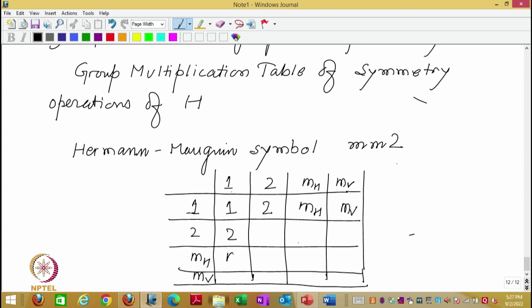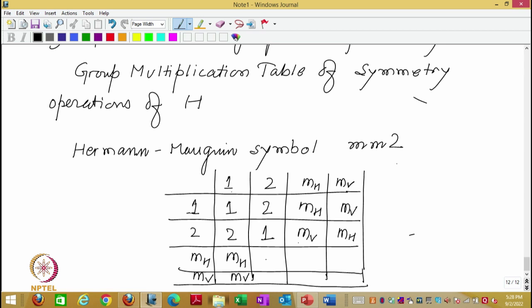So, the first column also is easy to write. Now, the other 3 by 3, 9 elements, you have to be careful. So, 2 into 2 gives you what? 1, 2 into MH, MV, 2 into MV, MH,